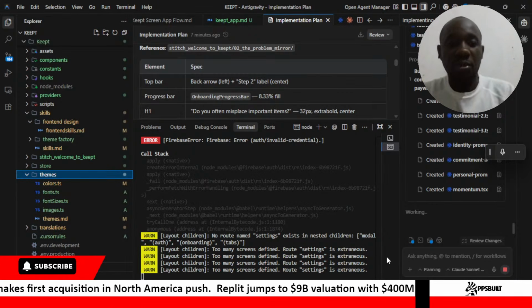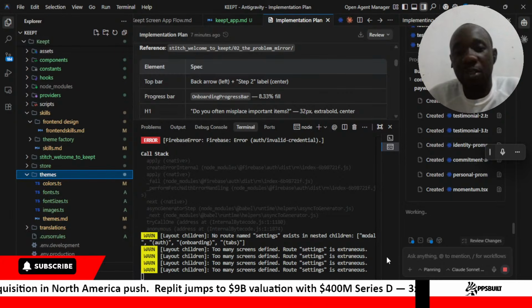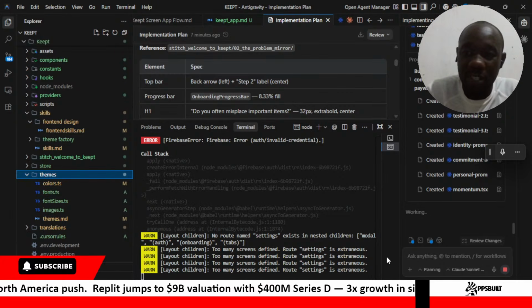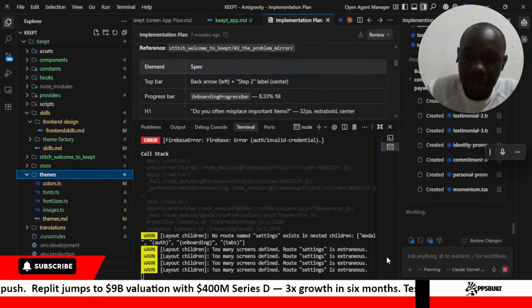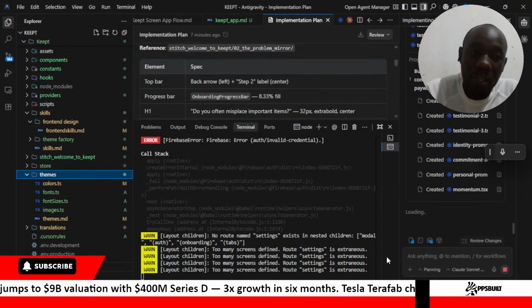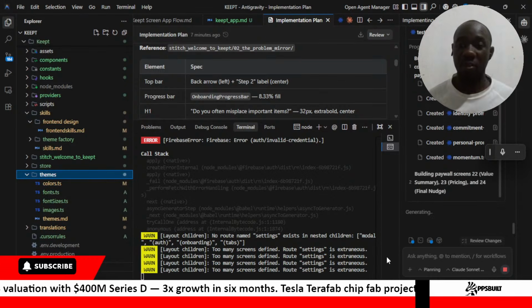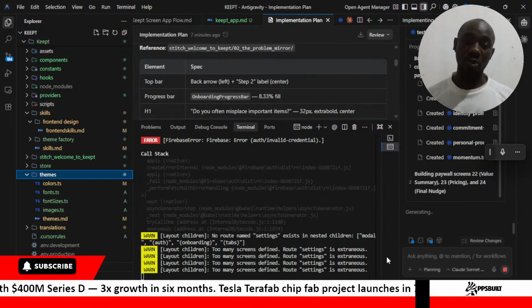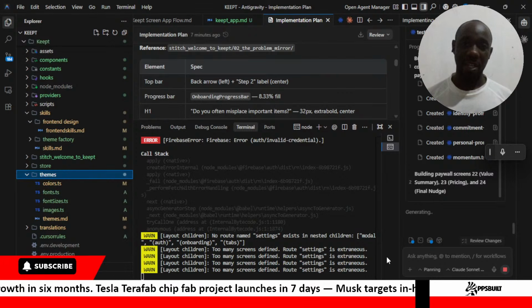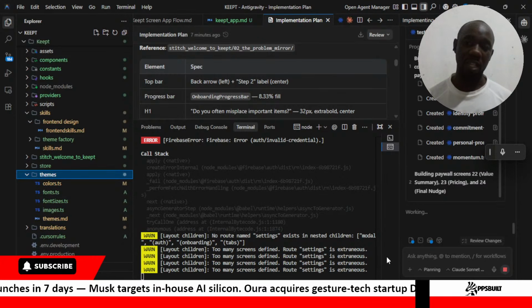So I wanted to start with the onboarding screens because I wanted to follow up with what is already laid out. The onboarding screens are very essential because they are the first screens that your user is going to see when you're building out an app. So it's like what people get to see outside your house. The onboarding screens are like the finishing that someone does on each and every house. People first get to see what is outside the house before they come in.